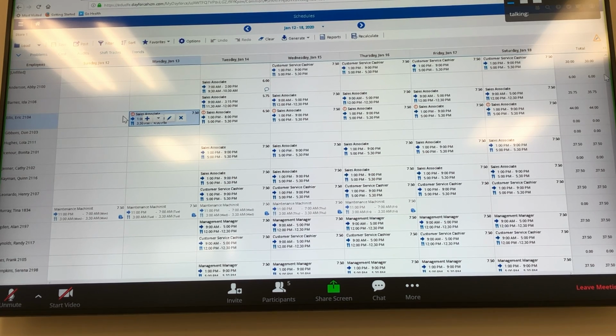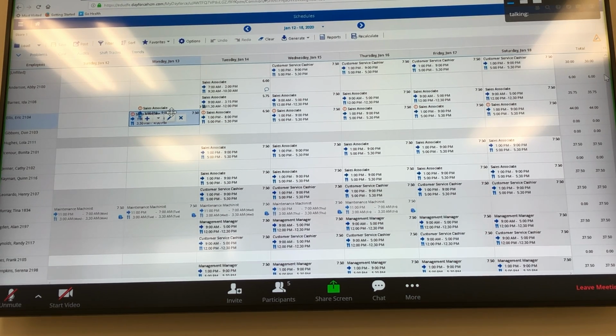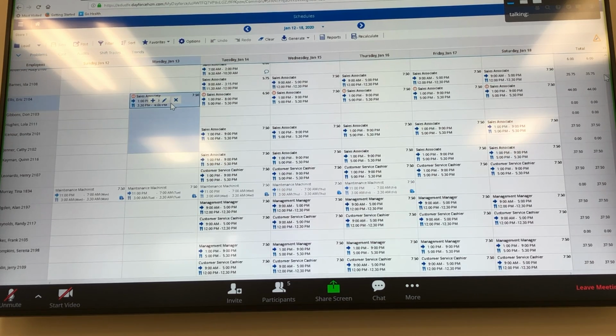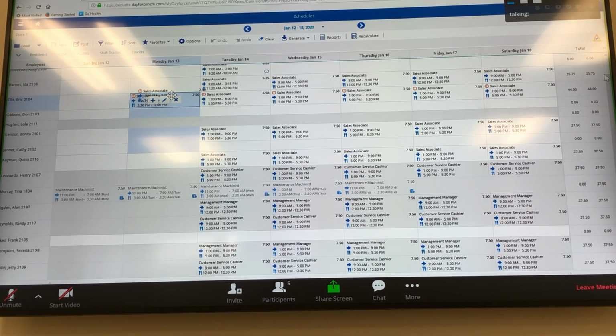Let's say I want this shift to be worked also by another employee. But if you want your employees to view it, then you're going to click post. Once I click post, you see how all of this turns gray? Let me do that again and see what has changed. See how everything turns gray? Anything that turns gray when I click it